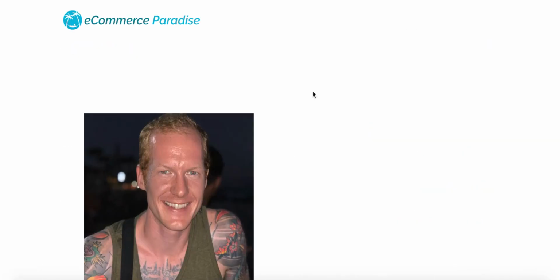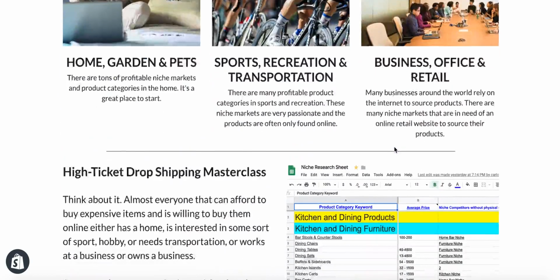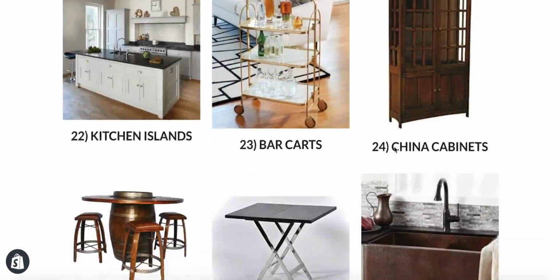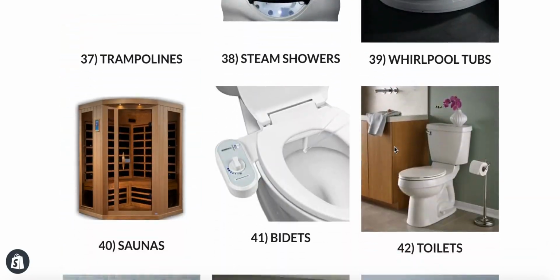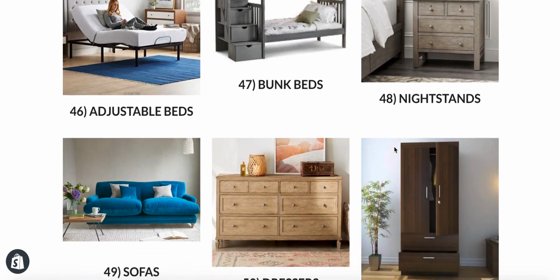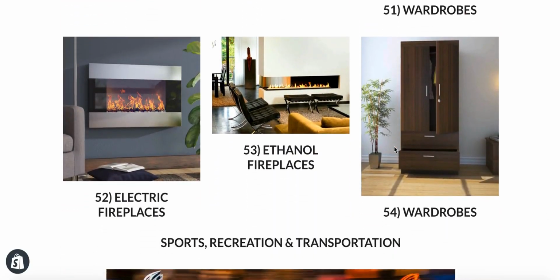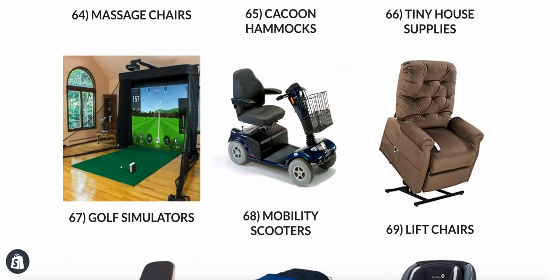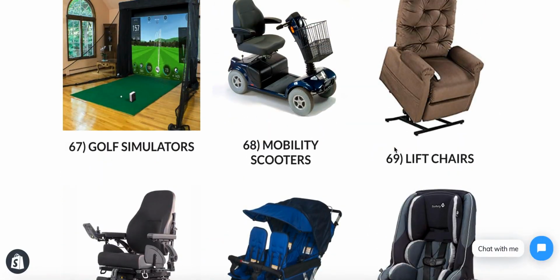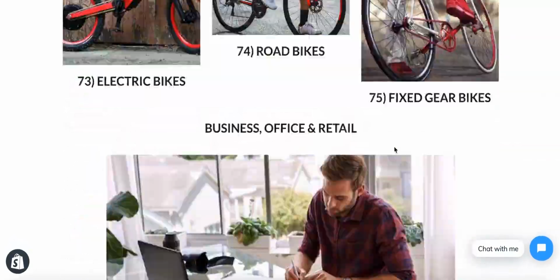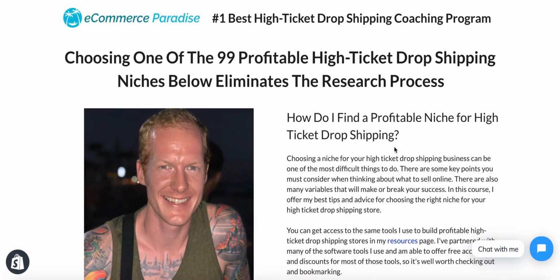If you view the niches list, it's basically a picture list of all these different niches that you can research on your own using the same methods that I teach you how to do in this course. And then go to the Masterclass and build your business. So tons of great ideas here, guys. You really don't need to brainstorm a whole lot. These are very profitable. However, there are a lot of niches outside this list that are profitable.